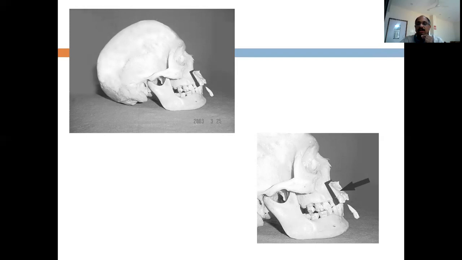We do that on both sides, and we can down fracture the anterior maxilla and take it superiorly or anteriorly based upon the requirement. This is called Cooper's modification of Wassmund's, where you can mobilize the anterior maxilla.